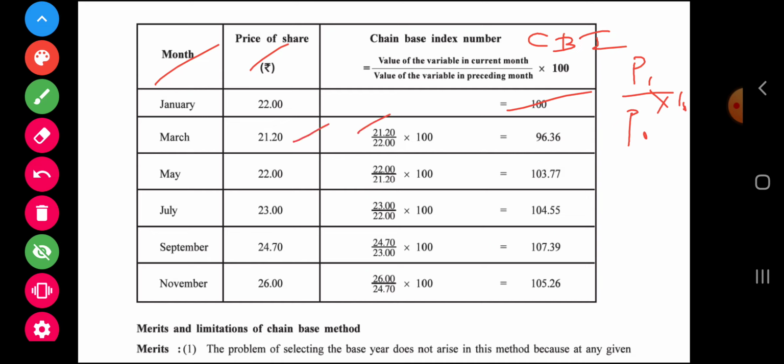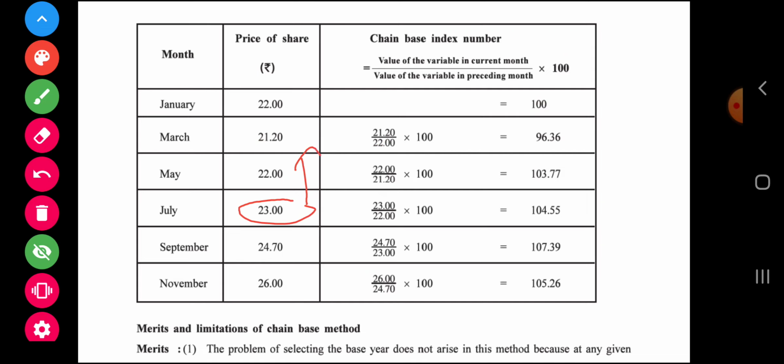Price of current year is 21.2 upon price of previous month is 22 multiplied by 100. Then 22 upon previous, that is 21, 21.2, 103.1 and so on. Third, in July what will happen? P1 divided by 22, that is P0. Then 24.7 is P1 divided by P0, that is 23. Then what to do? P1 26, P0 24.7 and so on. So what you have to observe is that every year the value of base year is changing, therefore it is called